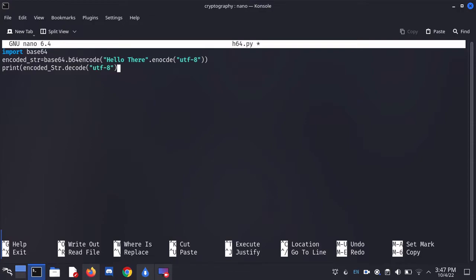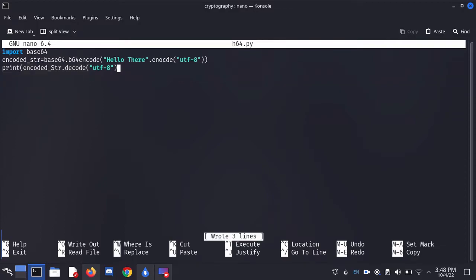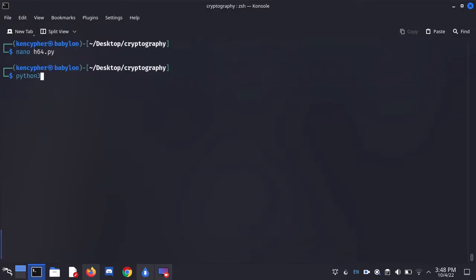Okay, we just wrote our code, and this is gonna encode "hello there" into base64. Now how will this work? Well, first it's gonna import the base64 module, the library of course, and then it's gonna read the variable, which is encoded_str is equal to base64. It's telling the library to encode the string into base64, and then encode it into UTF-8, which is also encoding, so we can read it like text. It's just easy. And then when printed, just decode it. Okay, now we're gonna run